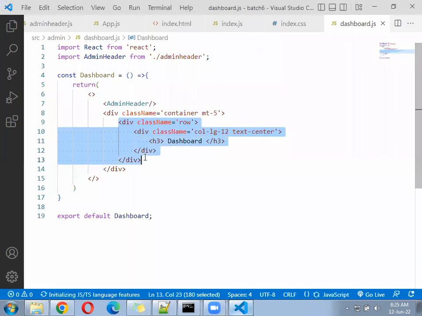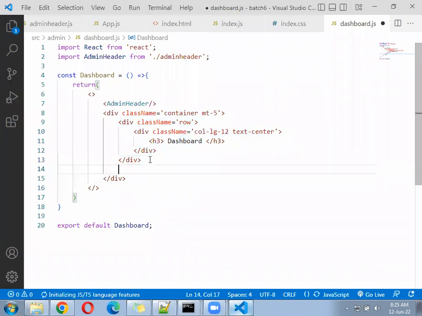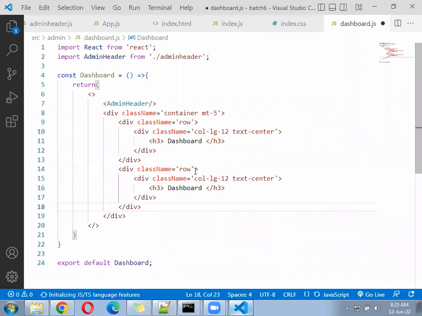Copy this row and paste below. Create one more row. Here we can write, center we can apply. Write as a